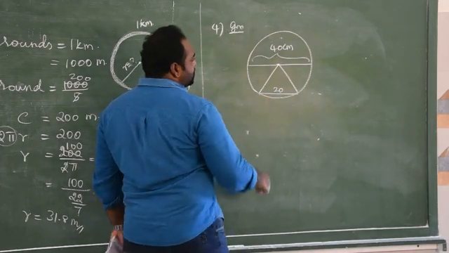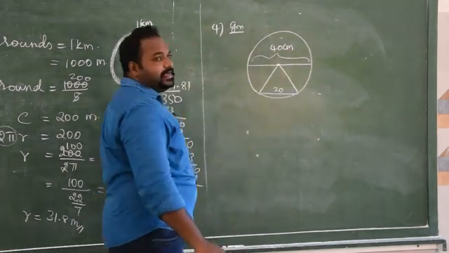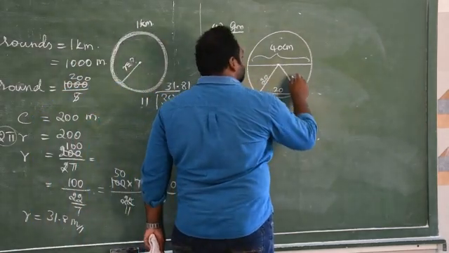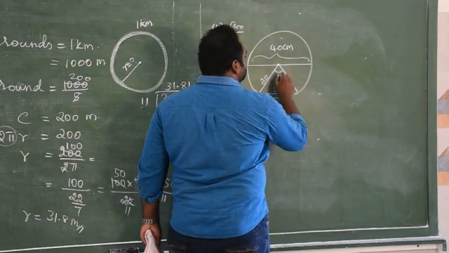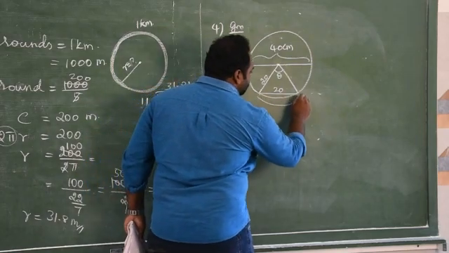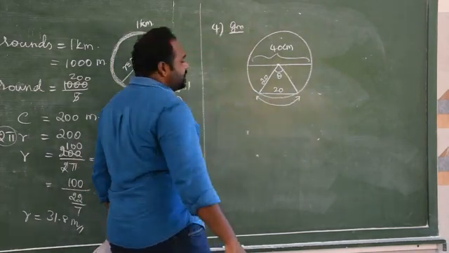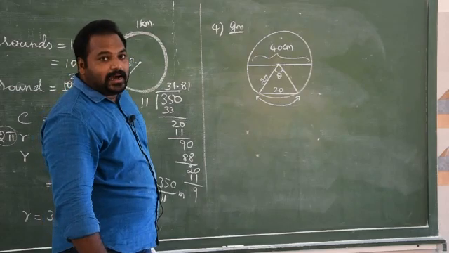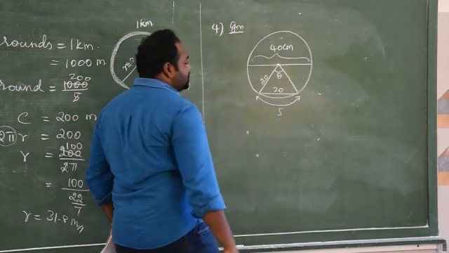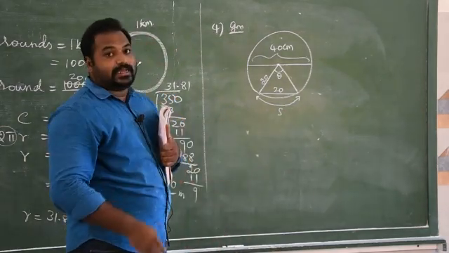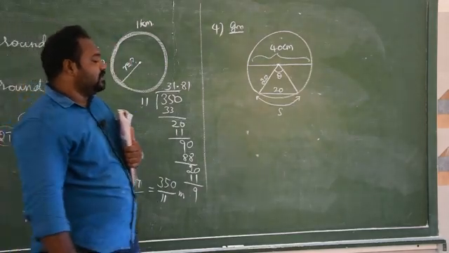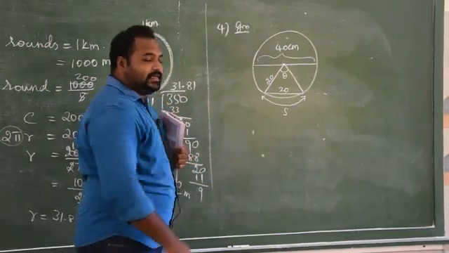So this is also radius. A 40 centimeter diameter means a 20 centimeter radius. So the radius is 20 centimeter. This is also 20 centimeter. We know the central angle is theta. They are asking to find this length, which is called an arc. So this is the minor length of this arc, which we consider as S. Already in the beginning I gave the formula S equal to R theta. I am going to use the sector formula S is equal to R theta to find the S value.